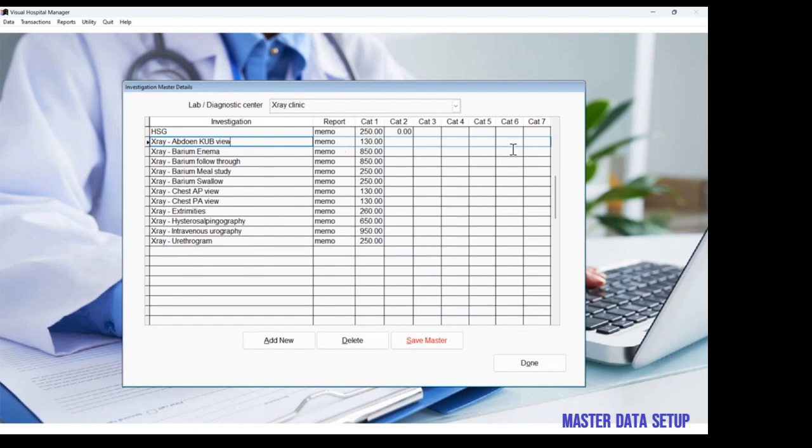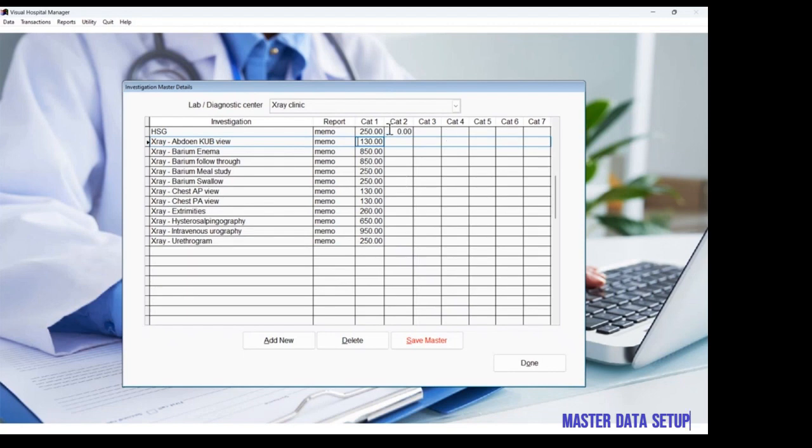Then you can see there are 7 categories of charges. Now I have specified only the first category. We will see what these categories are. Normally in any hospital, these categories are not used widely. Only one rate list is there for all the tests and other charges. But in case your hospital is supporting a normal price list, CGHS, maybe a separate price list for an associated hospital, then you could use these categories 1, 2, 3, 4, and then specify respective charges